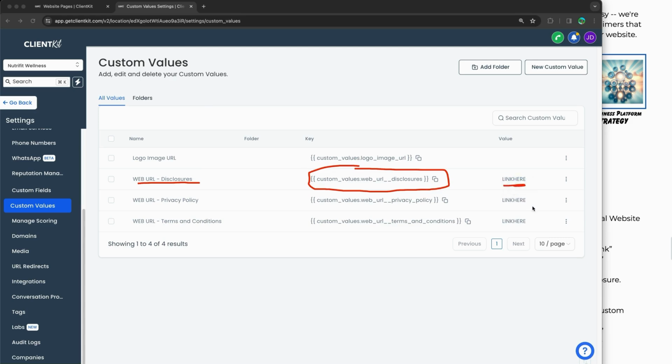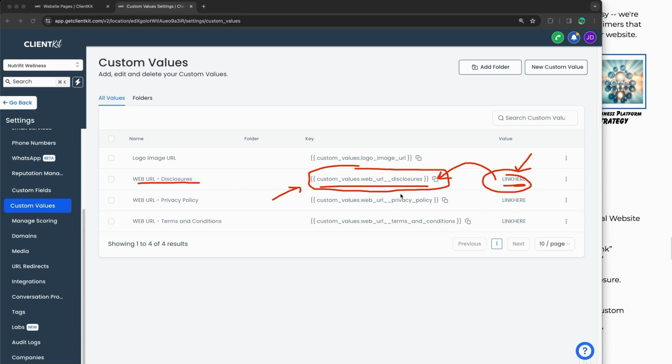I'm going to go ahead and link this to google.com. Okay, well, guess what? Every single place where that key was located is then going to automatically fill in google.com to all those hundreds of different places, right? And then you're like, you know what? Wait a second. No, that was just a filler. I don't want it to be google.com. I want to go ahead and put my actual disclosures link now. Well, guess what? You don't have to go to 100 different places in order to update it. You just come to one place, update it right over here, and then it automatically updates wherever all of this